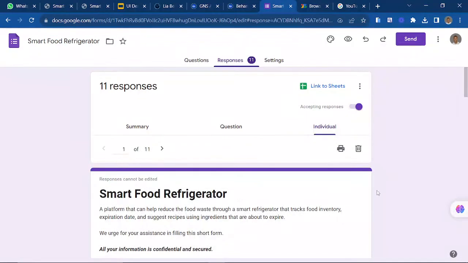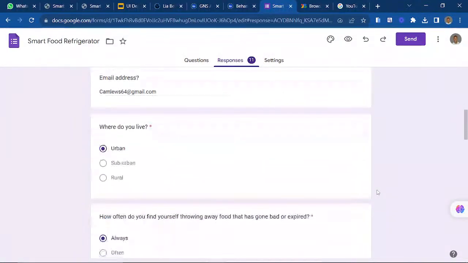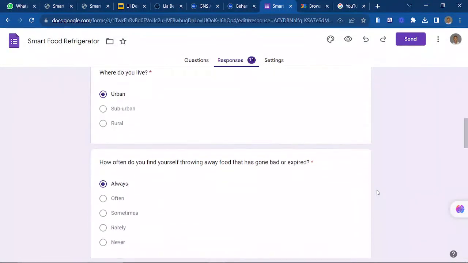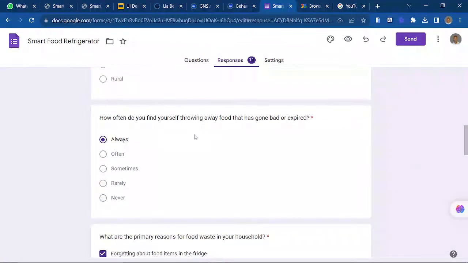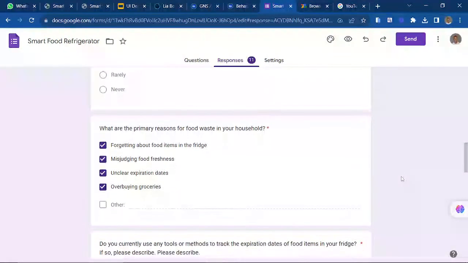His name is John Lewis, and here is his email address. So we don't need that. He also lives in an urban region, and he also said, how do you find throwing away food? He said always. That means this kind of user can be a great usage. So he clicked on every primary feature, every reason here that causes food waste.